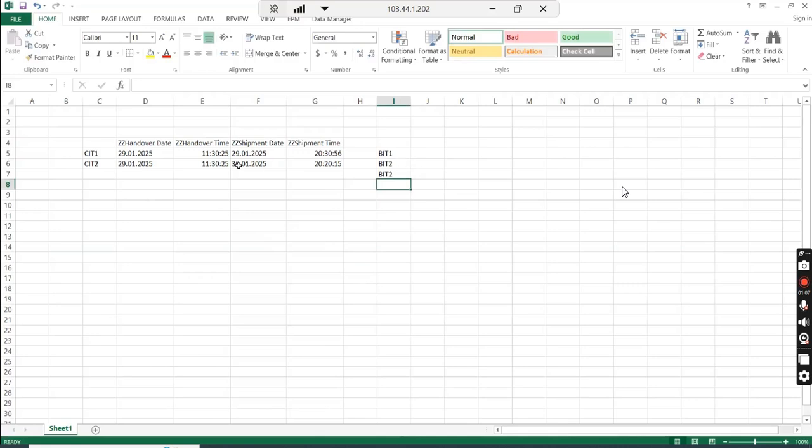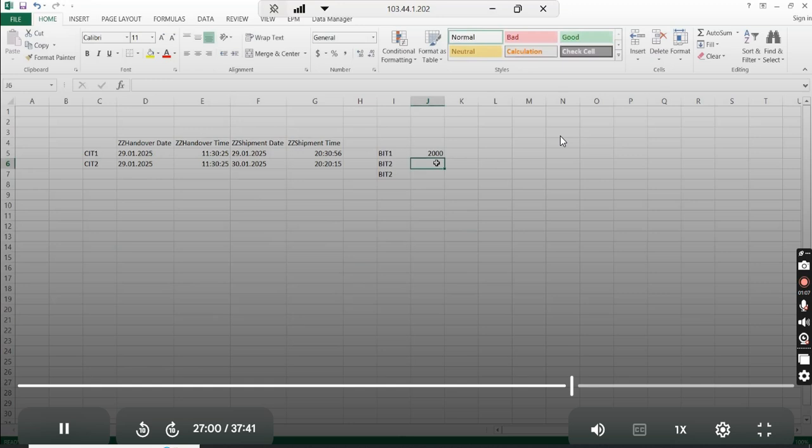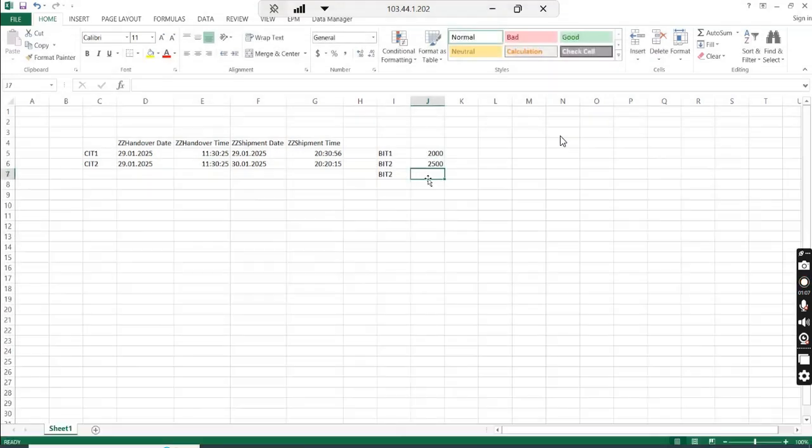Say after calculation, this shipment cost comes to 2000 rupees, and for the second one the shipment cost is say 2500, and a late fee will be charged. Late fee will be charged, meaning that this is like a payable for DTDC for the client. So the bits are configured in the backend, so a late fee bit will be generated. Say here a late fee of 100 rupees per day of delay, or maybe 200 rupees per